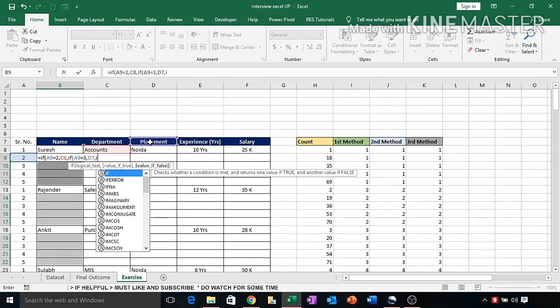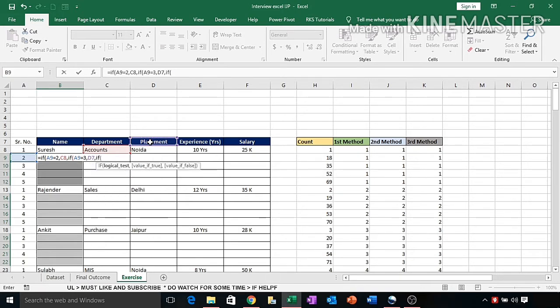Now initially it is typical to understand, but once it is completed, you will definitely understand it. If this value is equal to 4, because this condition will be satisfied when you are here, and you have to pick the value from 1, 2, 3, meaning 3 rows above. If you are applying the formula over here, then 1, 2 and 3 means you will pick the value from here.